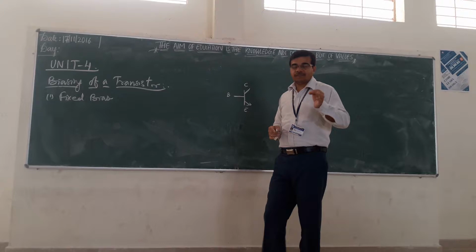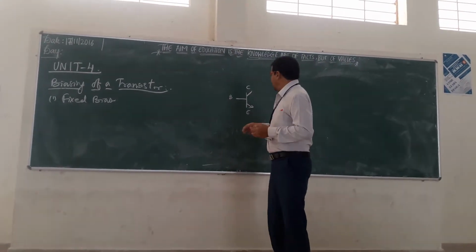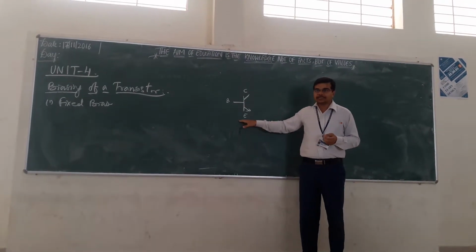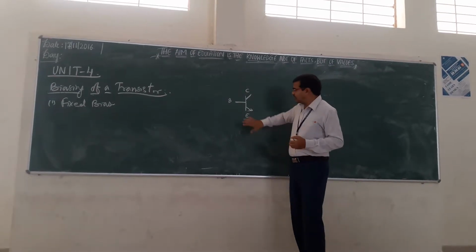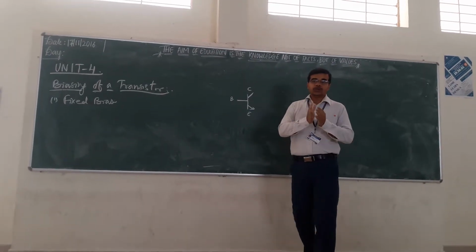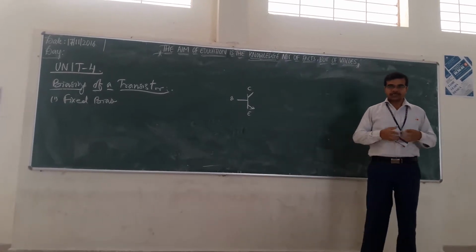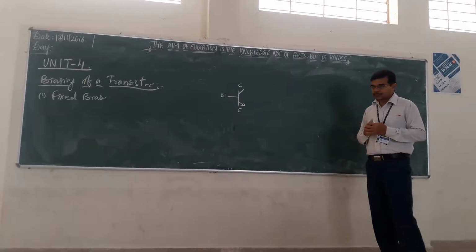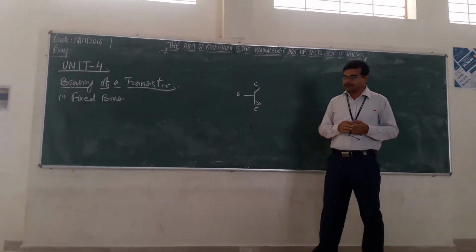But whenever we make the transistor work as an amplifier, we make the emitter base junction forward biased and the collector base junction reverse biased. So the input should be forward biased and the output should be reverse biased. These are some of the basic rules that we should know, and only then can we go for designing any circuit.